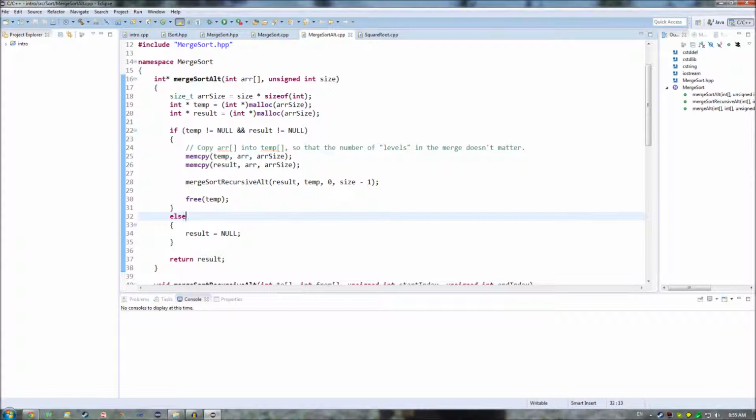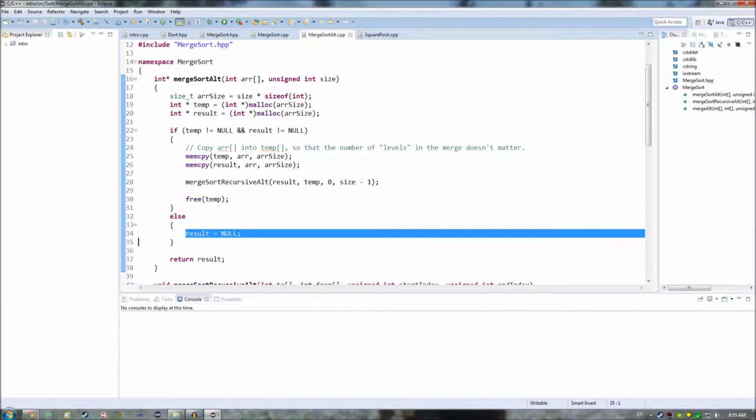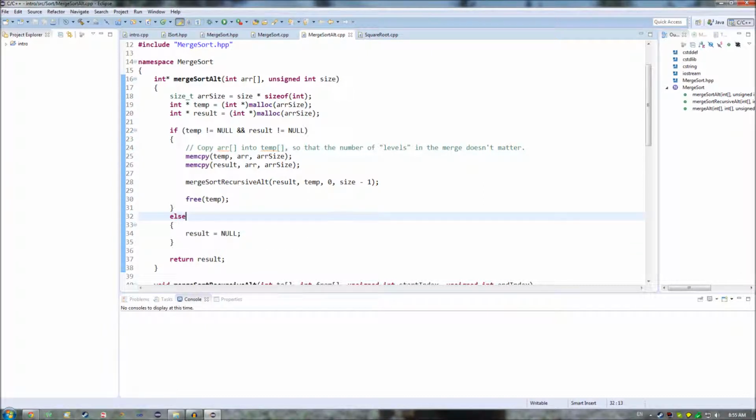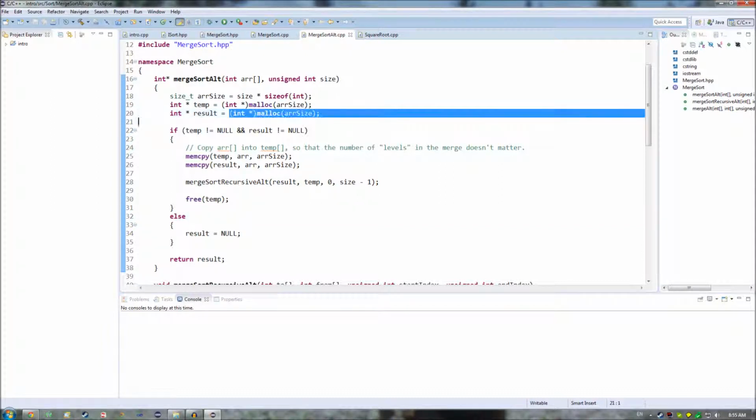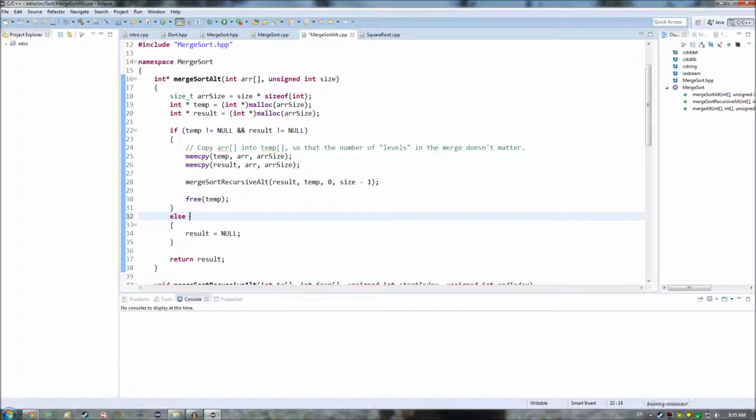We interrupt your regularly scheduled program in order to bring you this note, and that is that what I'm about to suggest is that we assign a null to result down here. And that gives us a certain problem, because we will have a memory leak if we do that, because we will have never freed this pointer here, in the event that result is not null. So what I have to then do is, if result is not null, I need to actually have this check in here, to make certain that